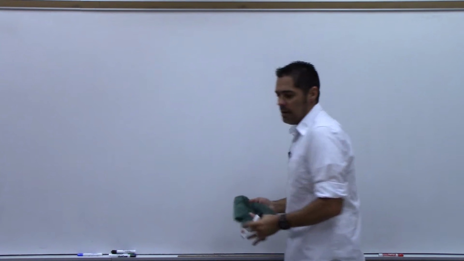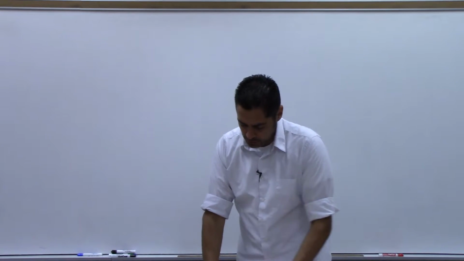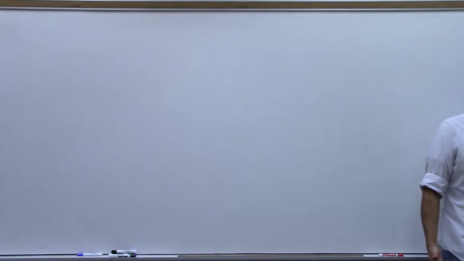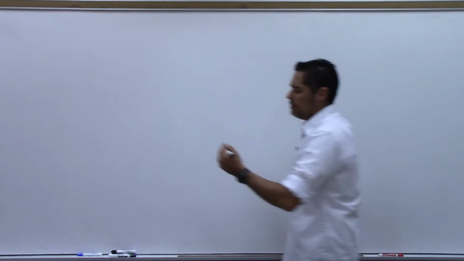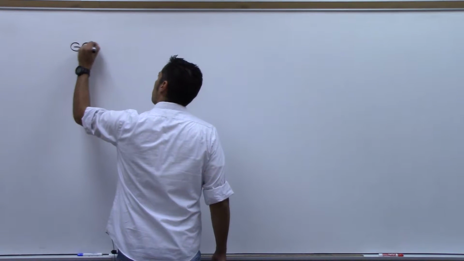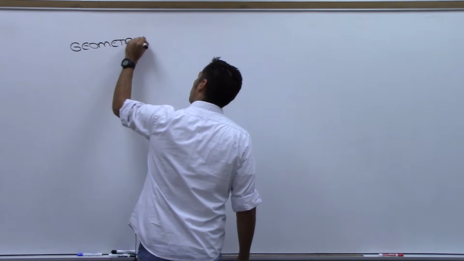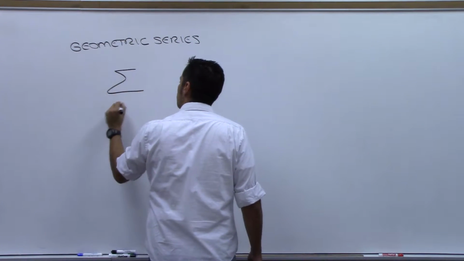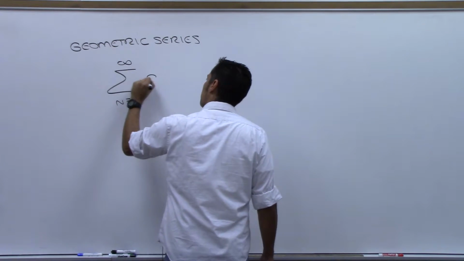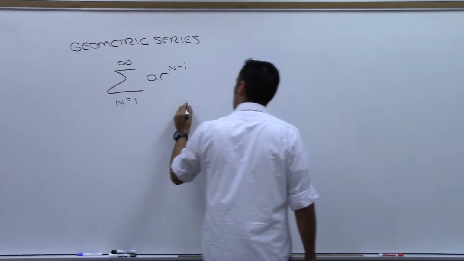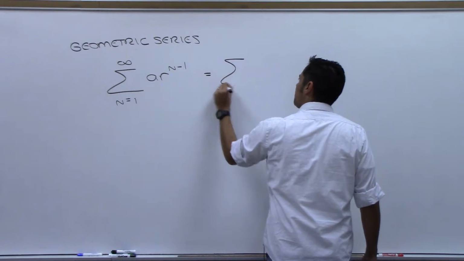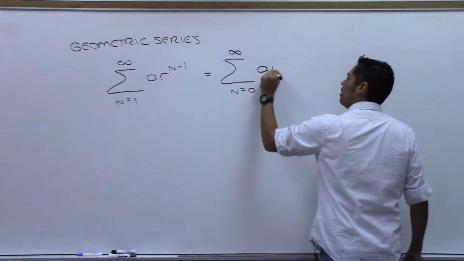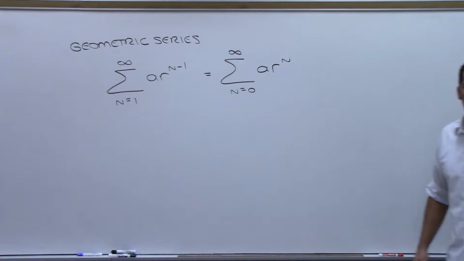Let's talk about geometric series briefly. There's a couple of different ways that I could give you a geometric series. Okay, I could give you, well, let me first remind you what it was. A geometric series looks like this. But that we said was the same as starting at 0 and r to the n instead of,